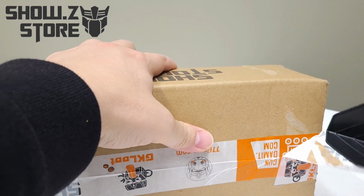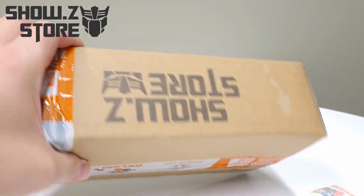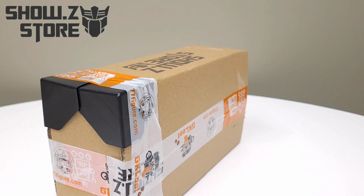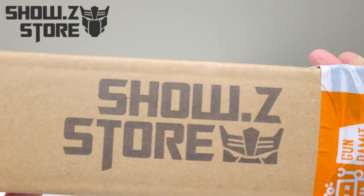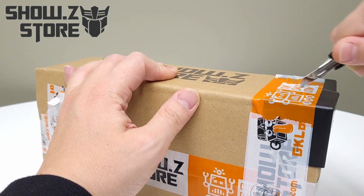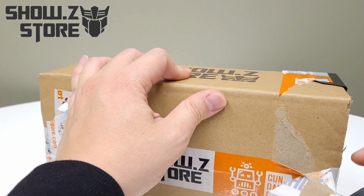Dude, they even have a branded box. Wow. So I guess they got some money, because you can see it's branded. I would love to have a branded box. I mean, I don't know what I would do with it, but